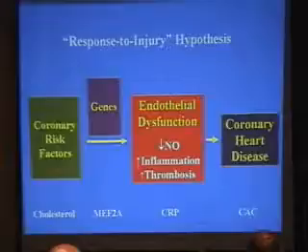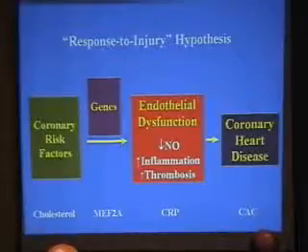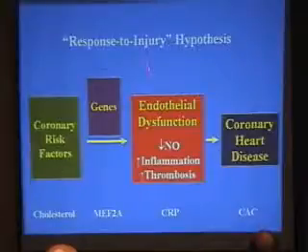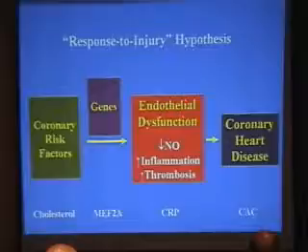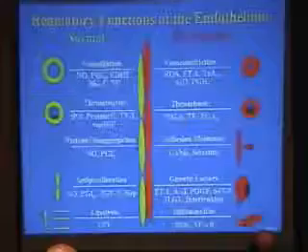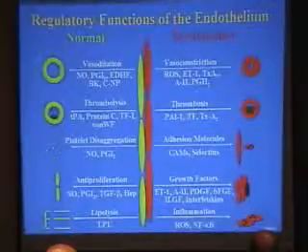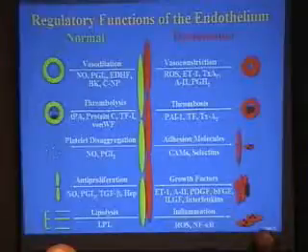And so I think when the dust settles in this field, we will still have risk factors, genes, vascular biology, and imaging diagnostic techniques. Now, the one that I want to concentrate on for the next 15 minutes is endothelial